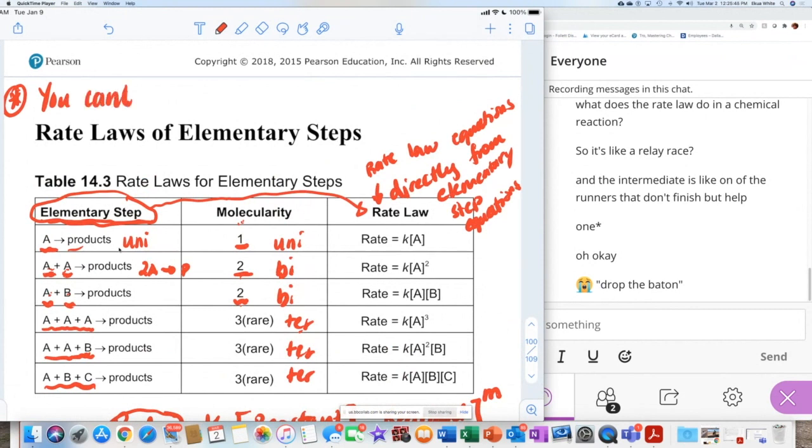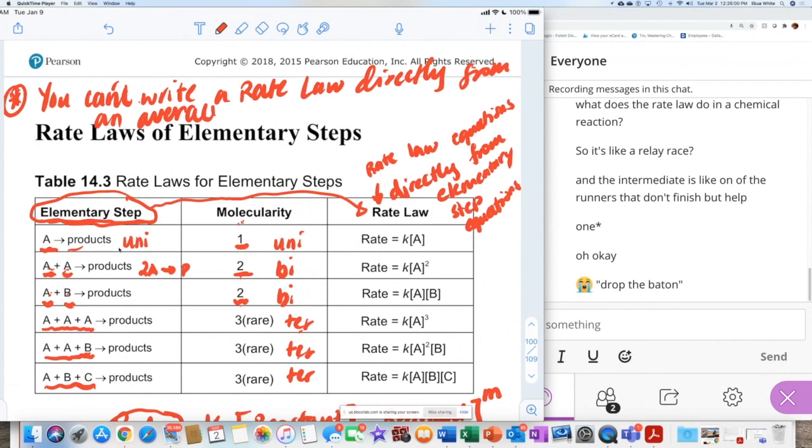You can't write a rate law directly from an overall reaction. So after making that statement, why am I now writing a rate law